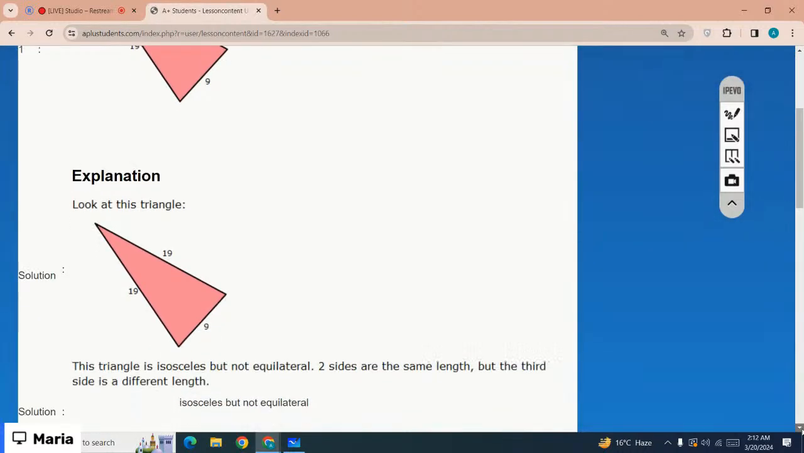They are isosceles, equilateral, and the third one is... I forgot the name. Isosceles, equilateral, and